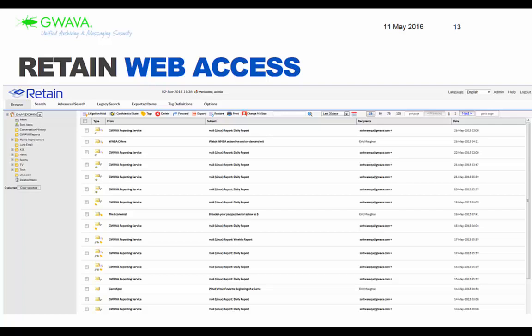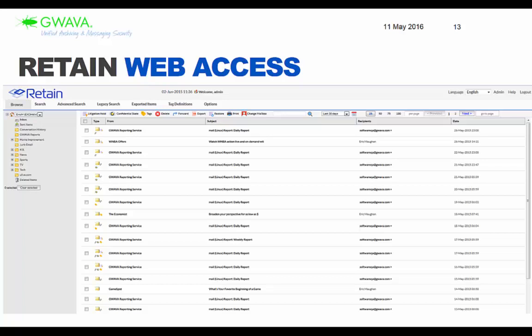And then here's a view of the web access as I was talking about before. What's nice about this is that your users can see this, and this is something that makes Retain different: it looks like your email system. The folder structure is replicated, so when your users go into that web access archive viewer, they're going to see something that's familiar, and they can browse their own personal archive, or administrators or other named users can access the entire archive and can search that entire archive.